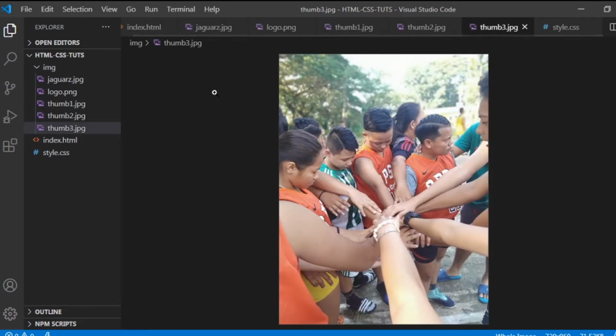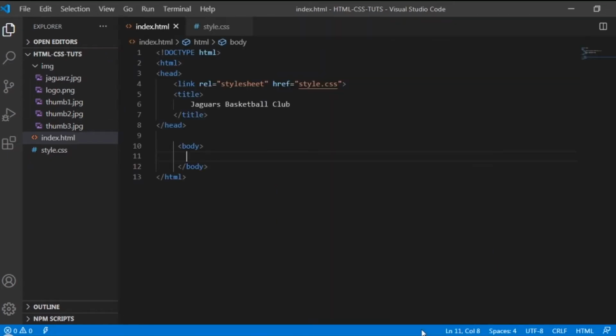Anyway guys, you could create or import your own photo or image if you want. If you are developing another concept of website, then you can have your own image. All you need to do is drag the image inside the application or the folder. Okay? So let's first create a header for our website.